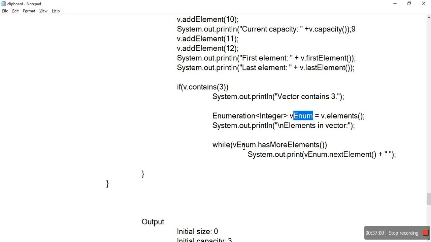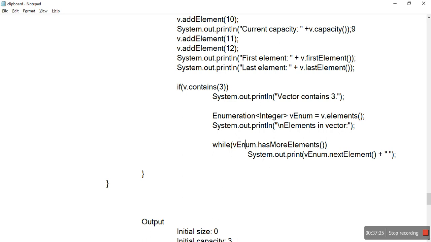Venum has more elements, so it prints until there are no more elements. hasMoreElements returns true when elements are present within the enum, and returns false when the enum becomes empty. So it is used to iterate through the enum.